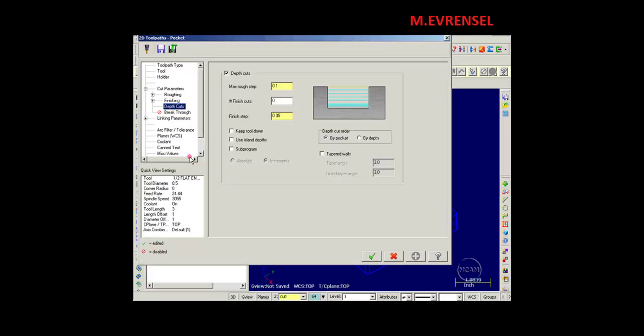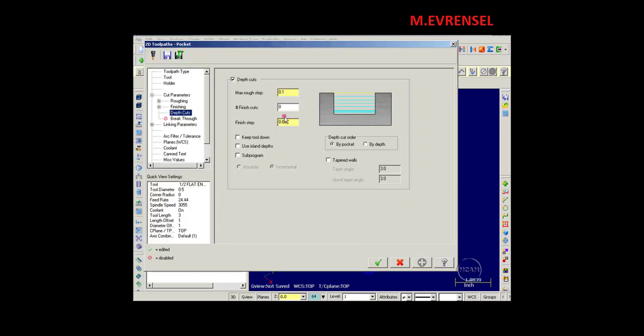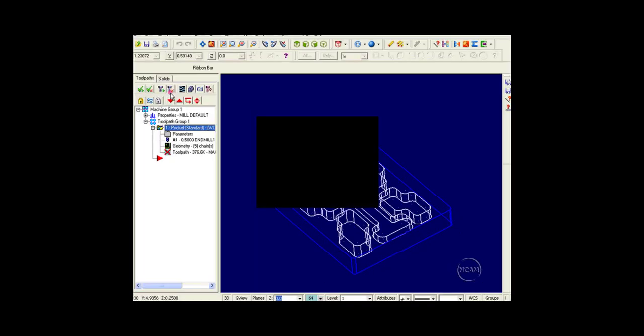Go back to our parameters. Now if you noticed, it was pocketing all the way down in one pocket before it moved on to the next, then the next, and so on. Now in our depth cut options, it did that because our cut order was by pocket. If I toggle over here to by depth, accept it, and regenerate,